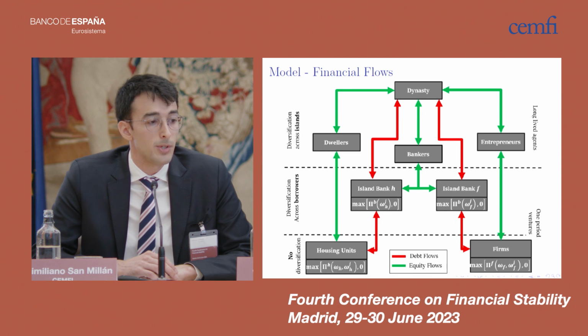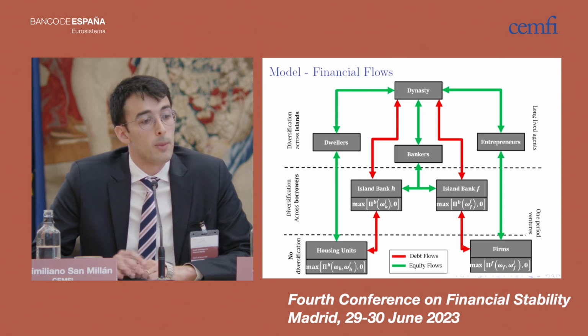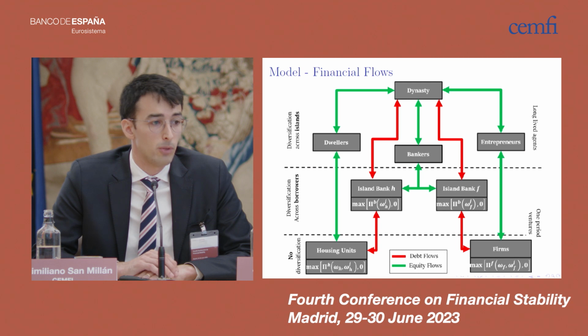And these borrowers are subject to both risks that can be diversified away by the banking sector and risks which cannot be diversified away. So that is why banks in each sector, both the mortgage and the corporate sector, are going to be subject to this